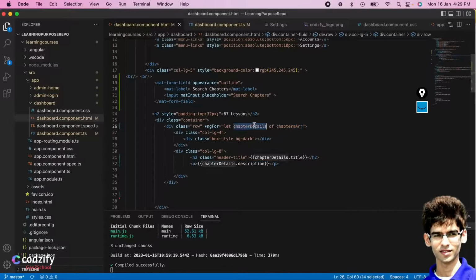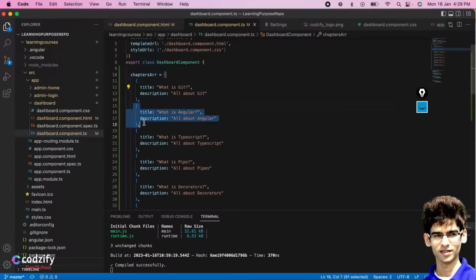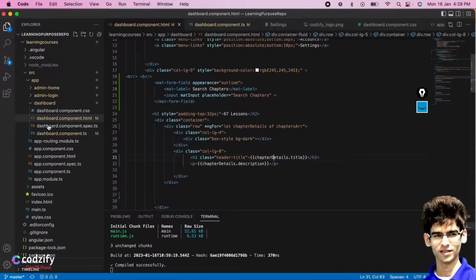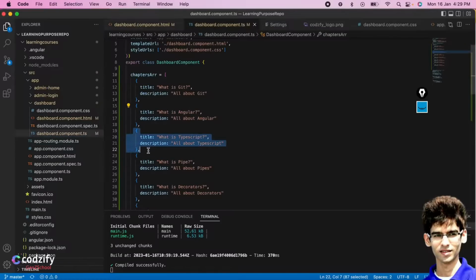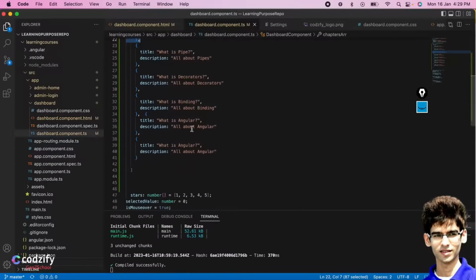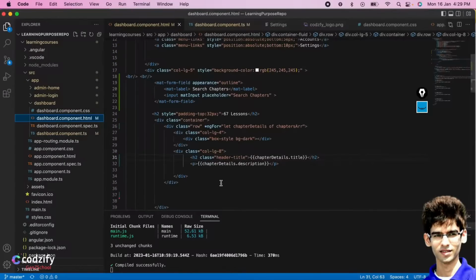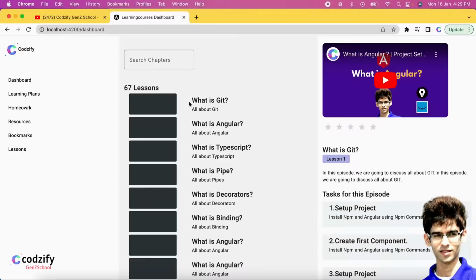If yes, then it will go for the second element, which is this, and print title and description here. Again it will print the third object. Like this, it will print all the objects.